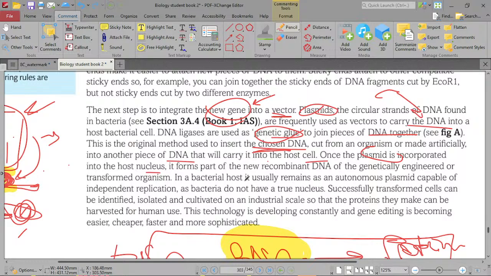Either way, once that plasmid is incorporated into the host cell, it's going to form part of the new recombinant DNA of the genetically engineered or transferred organism. Now, officially, you can say that the bacterial host now has genetically modified DNA, right? And so now we can consider it a genetically engineered or transformed organism. In this bacterial host, it remains an autonomous plasmid capable of independent replication,